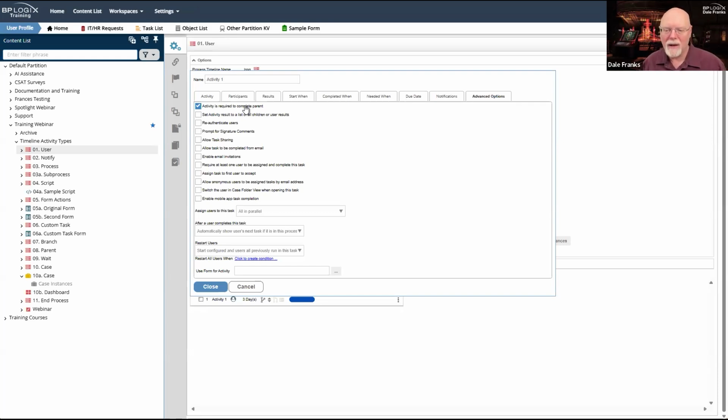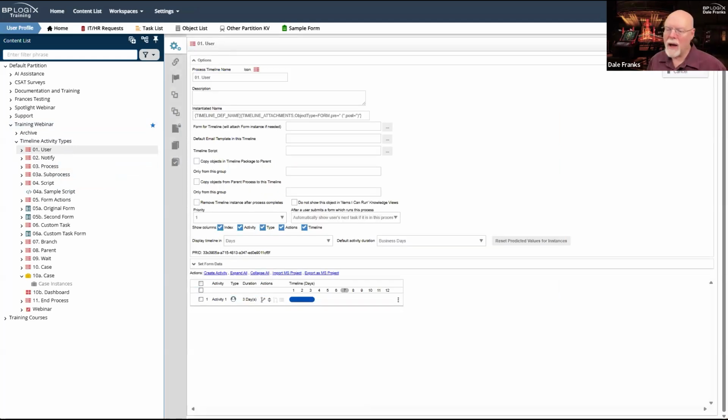It can't end until this activity completes. So what that enables you to do is use parent activities and ensure that the parent activity keeps running until all of the child activities are done. Sometimes you're going to want to uncheck this, but let's talk about that when we talk about the parent activity a little bit later.